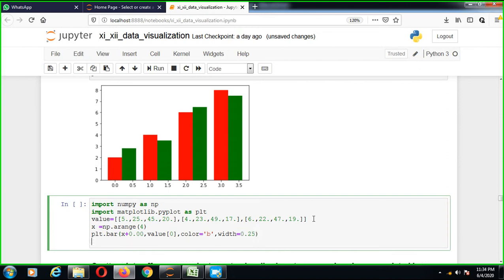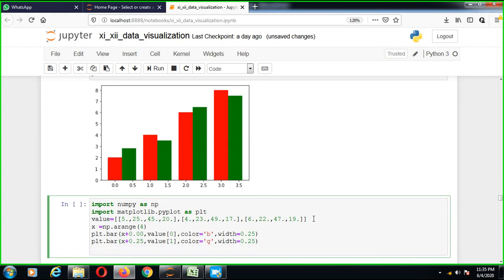Now go to the next one, plt dot bar, x plus 0.25, comma, value of array 1, comma, color goes to green, width goes to 0.25.